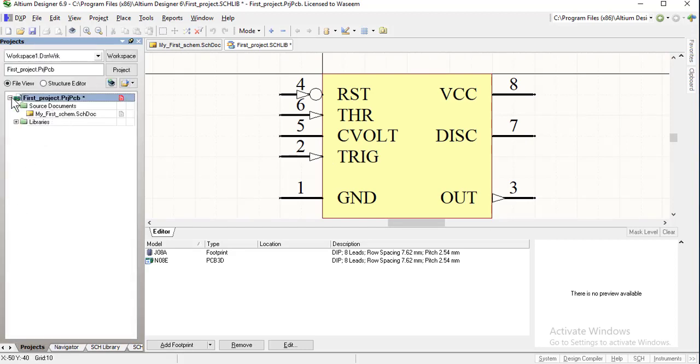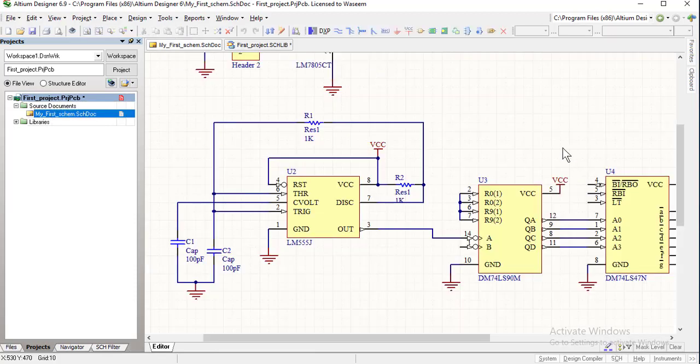Now this is the list of project documents. So again, come to schematic library, schematic document. Now, for example, we are interested in modifying this component LM555.